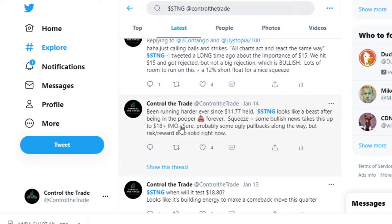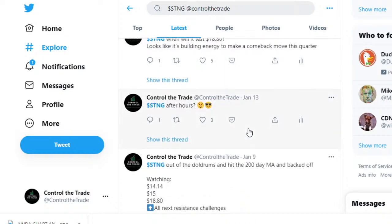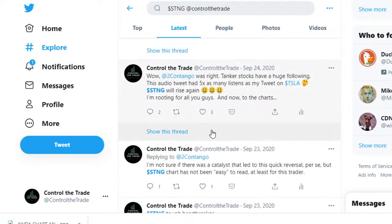It's very, here we go. Back in January again. 18 plus is what we've been waiting for. When will it test 1880? It kept pulling back, but it was always healthy pullbacks along the way. So,